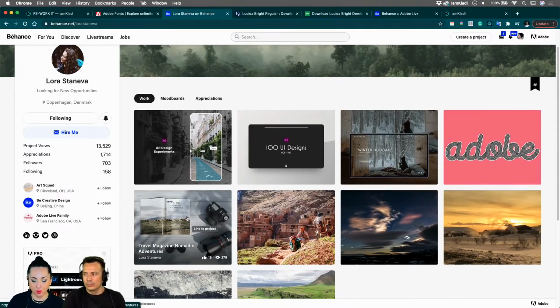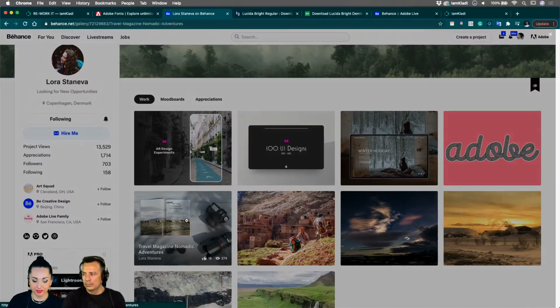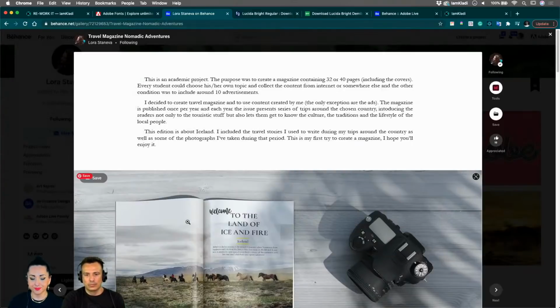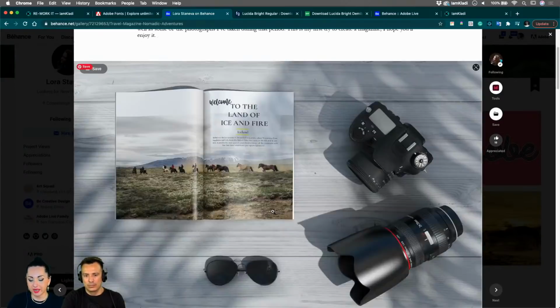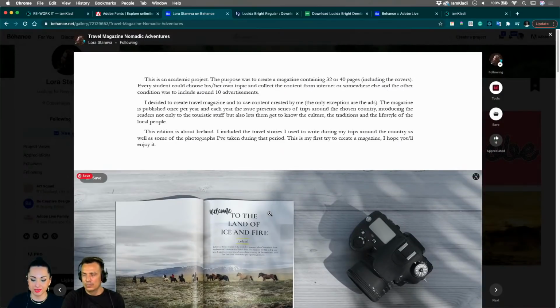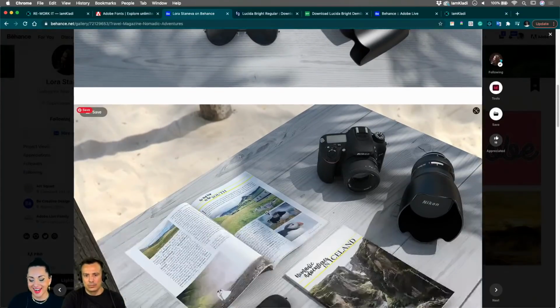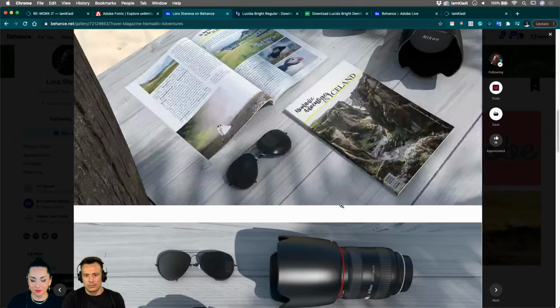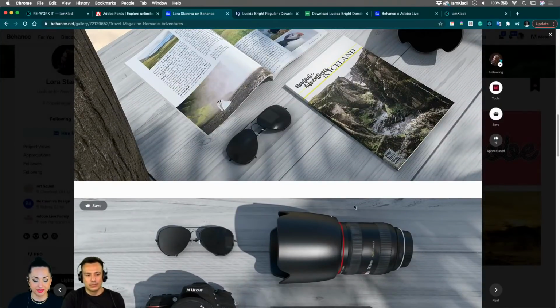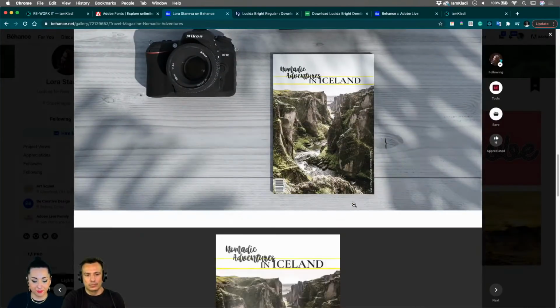So make sure to go ahead and click on the different project, and the one that we're going to be talking about today. I'm glad that we have a little description, which is also what Laura has kindly shared. We're going to be reviewing her magazine. She designed this magazine as part of an academic project, and it talks a lot about her nomadic life in terms of traveling. So we have a lot of photography, and Laura has created the layout, and of course, I believe the photos as well.